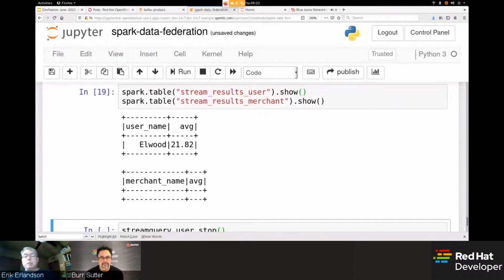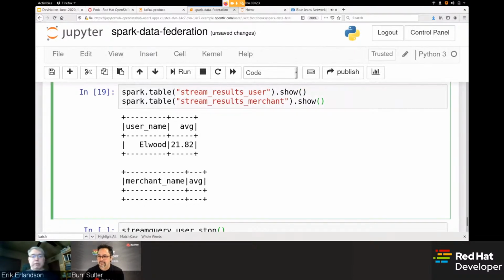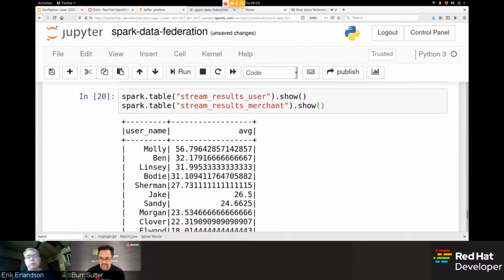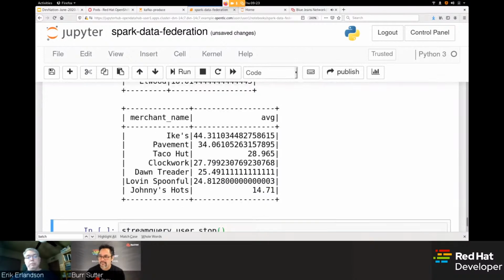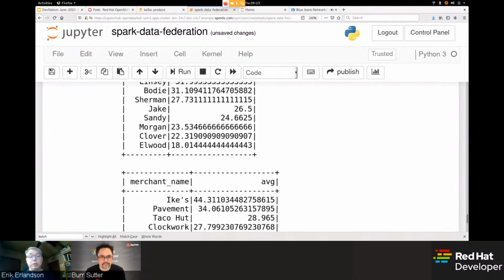One difference with streaming applications, of course, is that it's going to be aggregating my results as they come in. So you can see that right now these tables don't have a lot of data in them. But if we go back and read them, see that now they've started to populate. And these results are essentially partial results up to however much data we've actually seen from the stream.